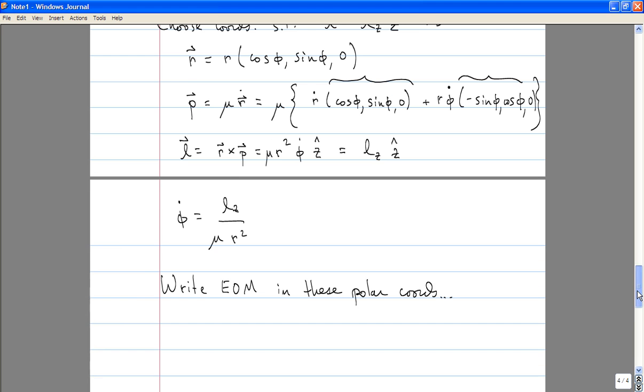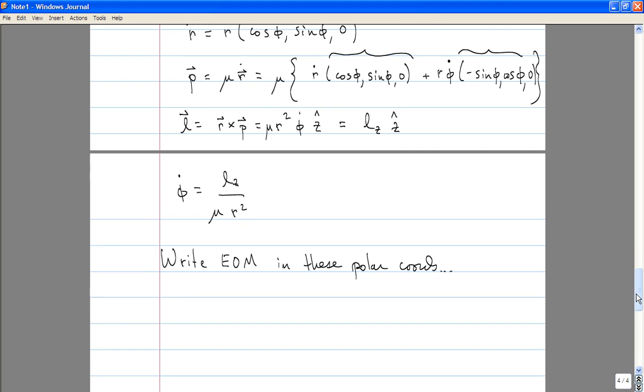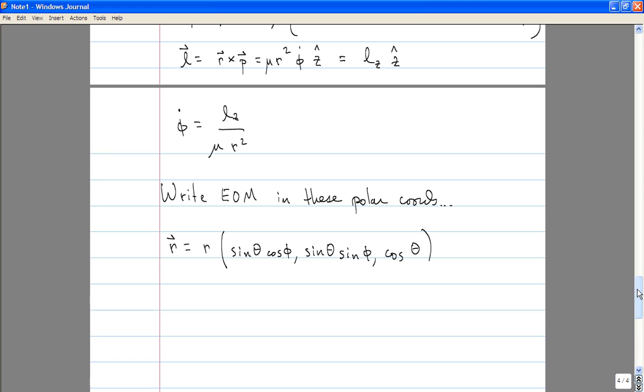Well, we could start in spherical coordinates, where r is equal to the magnitude of the vector r times sine theta cosine phi, sine theta sine phi, and cosine theta. And then we can write the Lagrangian as a function of r, theta, and phi, as well